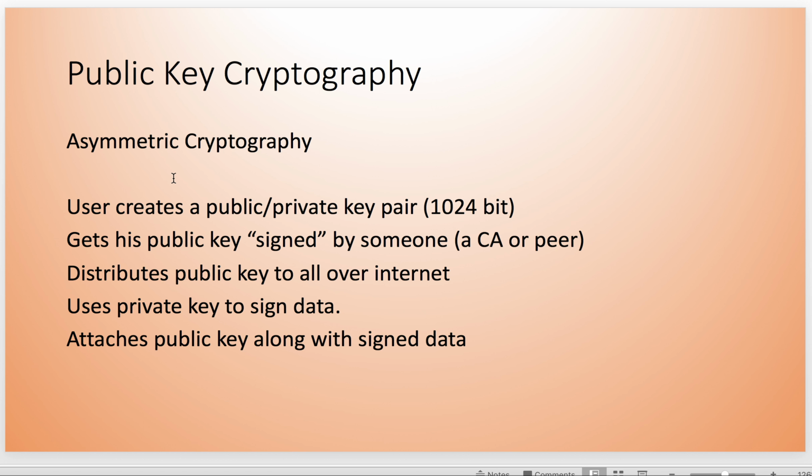For example, typically a user will create a public-private key pair. We'll look at the commands to create them. So once a user creates his key pair, that key pair becomes his identity. Not yet, until he's attested by a